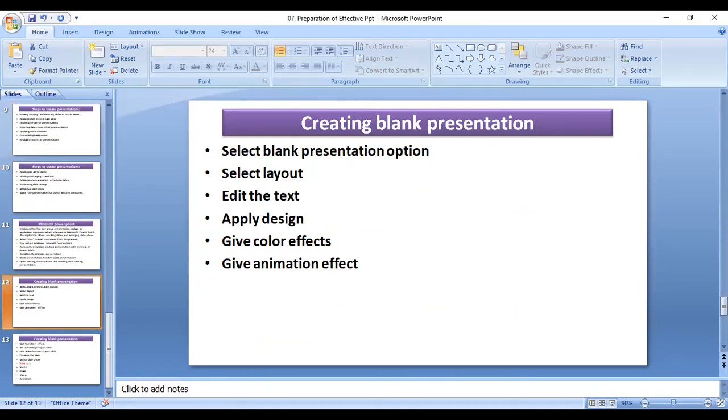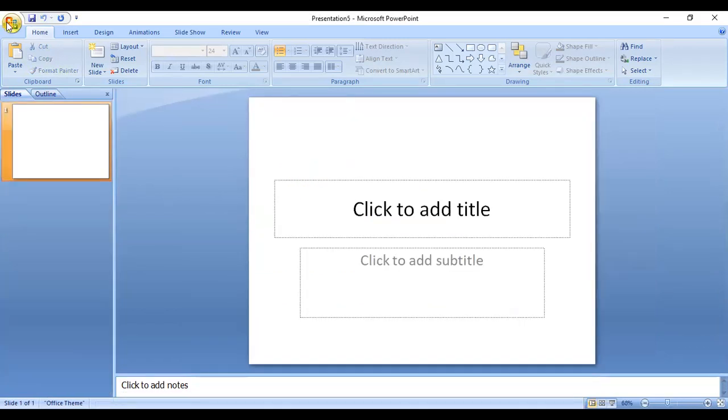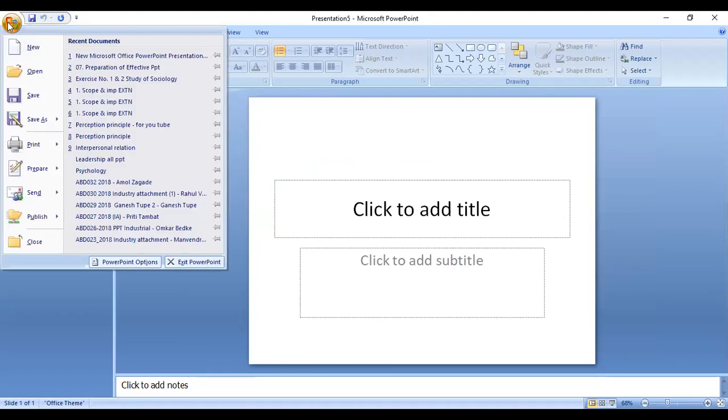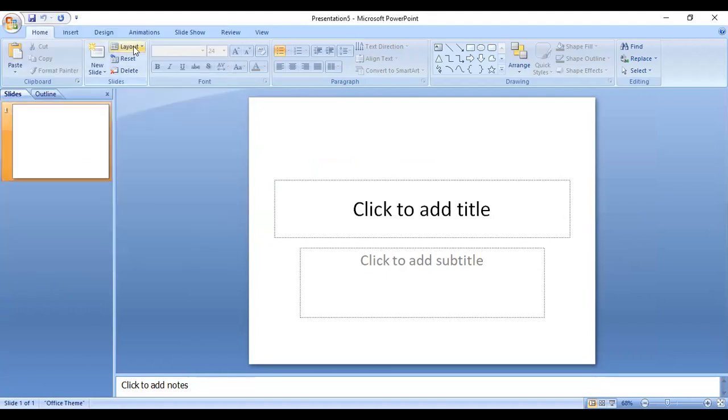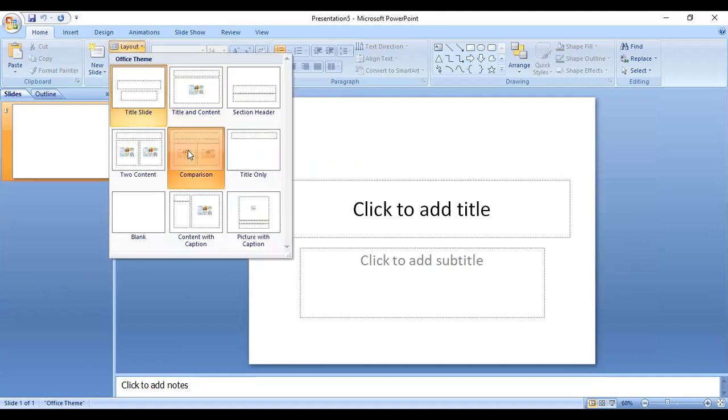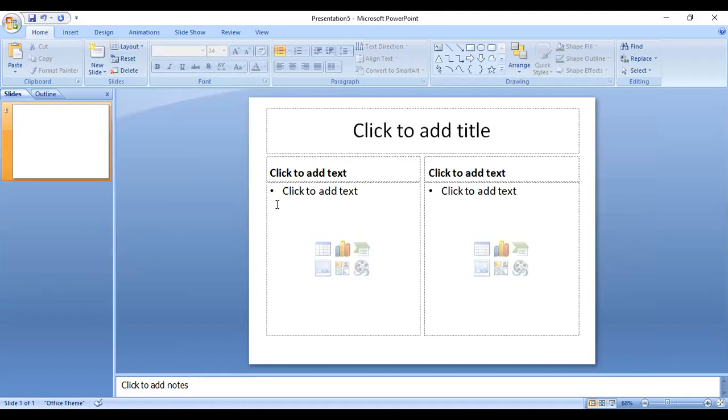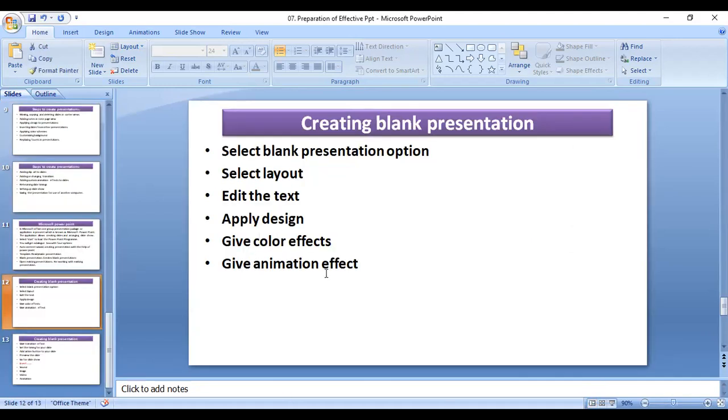So this is a blank presentation. We have to select the layout. Here is the layout. We have to select any layout. Okay, then what we have to do: edit the text, apply design.